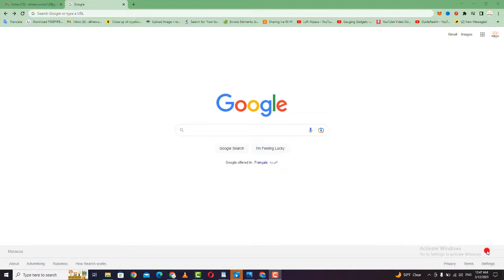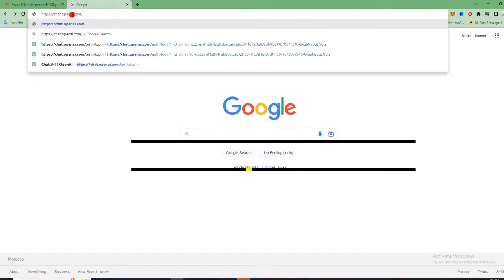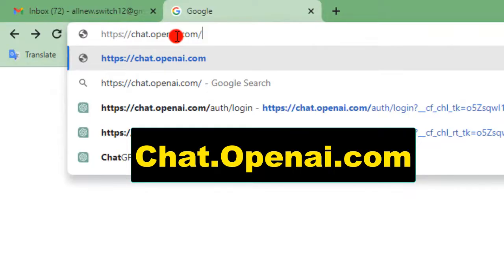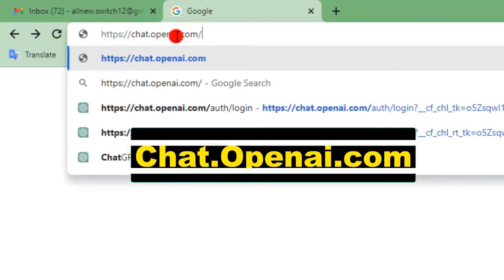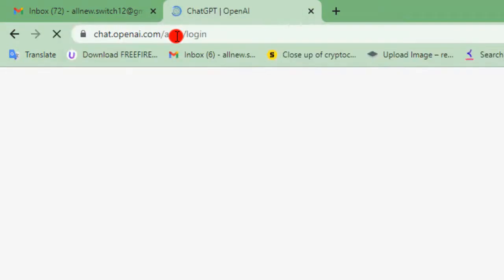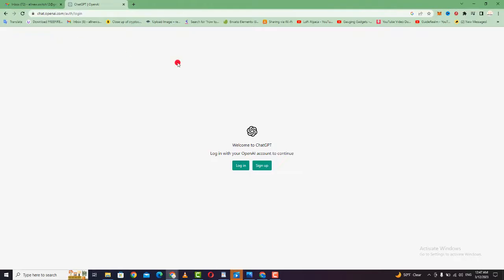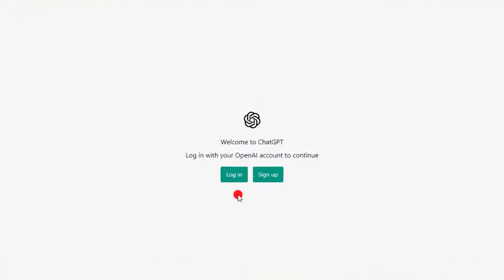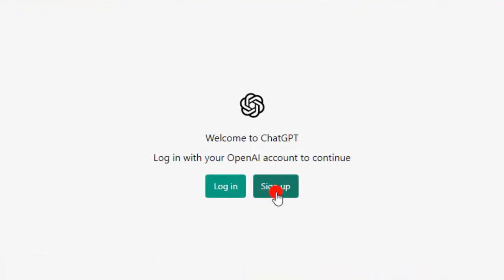First guys, open your browser, then in the search bar type chat.openai.com. Then as you see guys, this is your ChatGPT website. Then if you want to create an account, just go directly to sign up, then tap and click